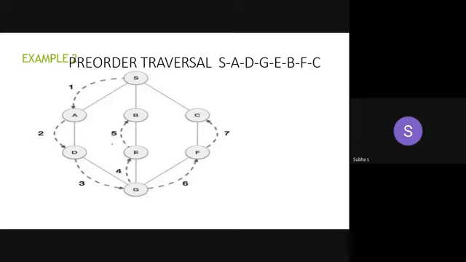The steps are given in the number sequentially. First step S to A, then A to D, and then D to G. From G, I can use either E or F. You can also give from G, you can take the fourth step as F. From F, you are going to C. Then again, you have to backtrack. Here they have mentioned it as what? From G, we are marking the vertex E. Okay. From E, find the adjacent node B. So far, S, A, D, G, E, and B are visited.